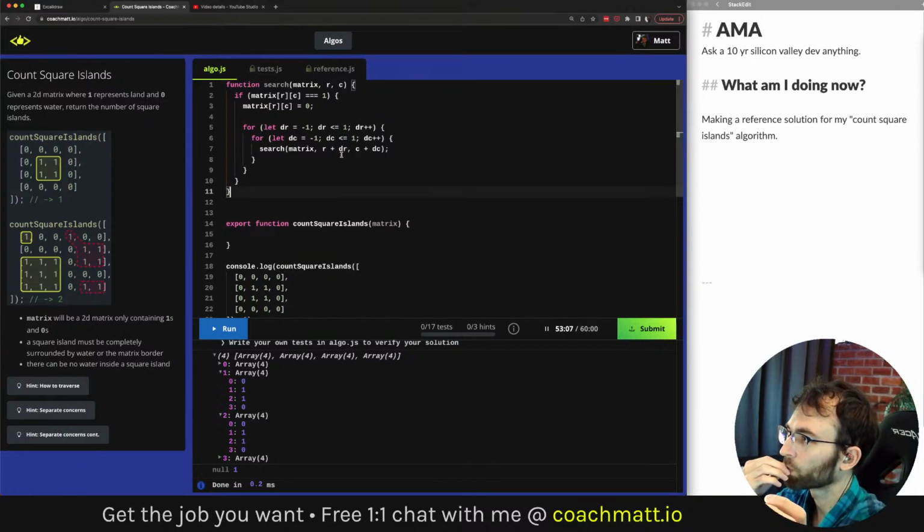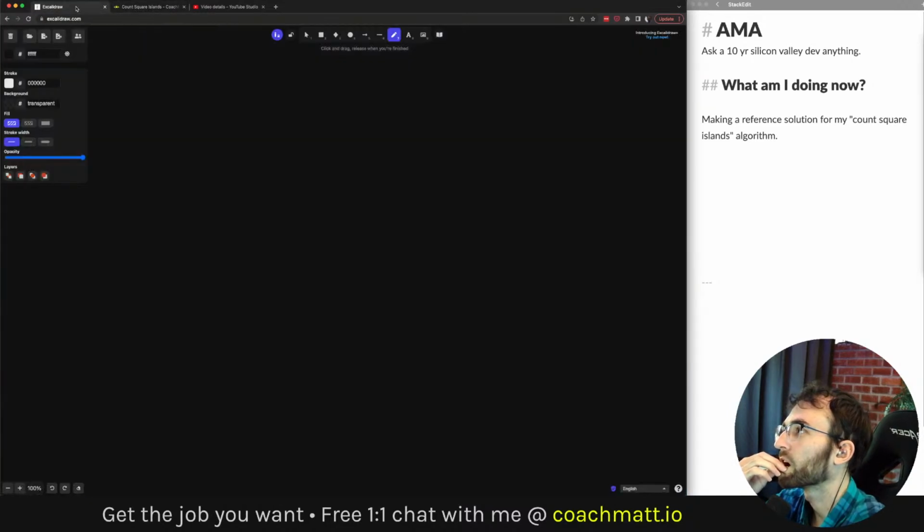So maybe what I can do is explain this in two stages, right? What I'm doing here is I'm assuming we have a working solution for finding the number of islands, and I'm getting to that solution. I'm going to adapt that. So I can explain how we might come up with an approach to finding the number of islands, and then assuming that solution, I can explain how we can come up with an approach to the number of square islands. I feel like I'm repeating myself.